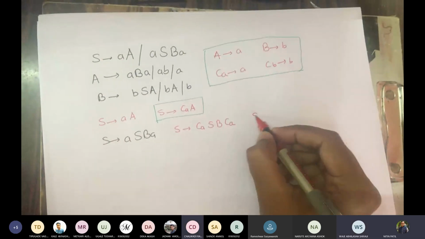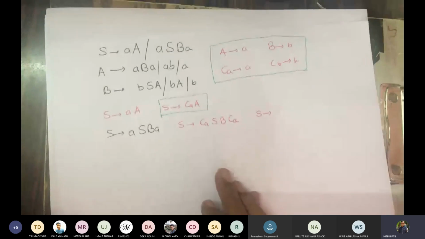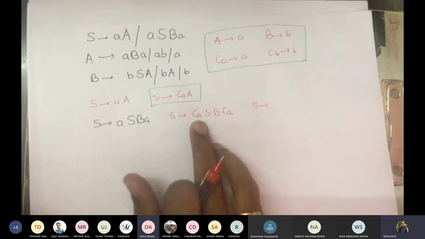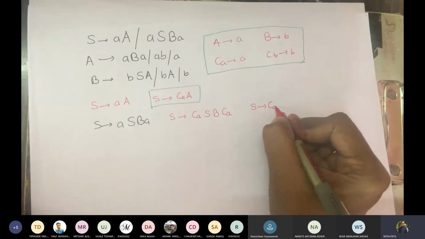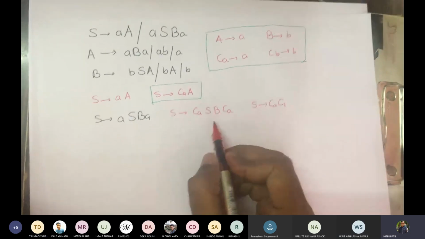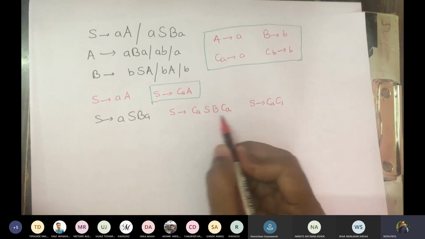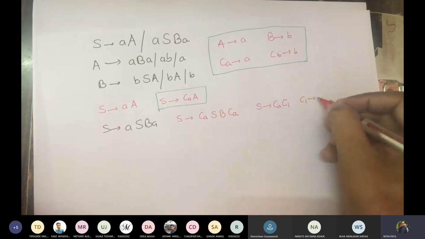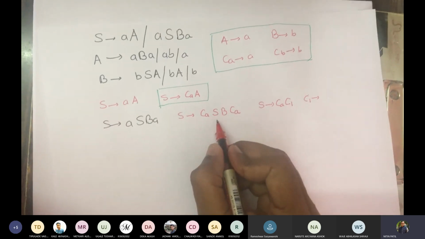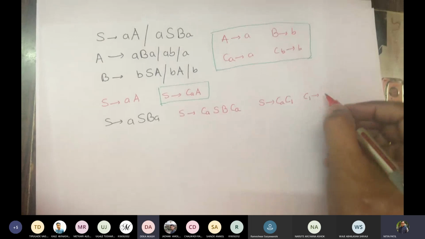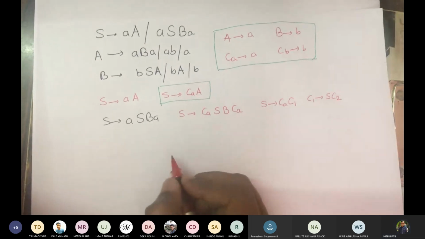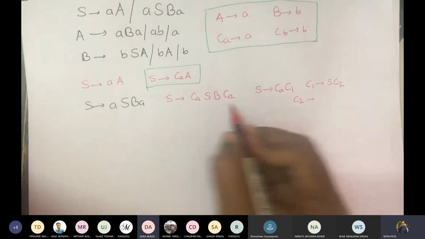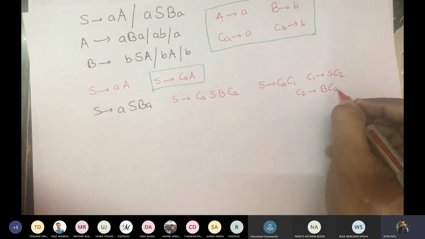Okay, let us move further. Which is the leftmost variable for S? CA. So we'll write CA as it is. We'll introduce C1. How many variables are remaining for C1? 1, 2, 3. Can we write them in CNF form? No. So C1 gives. Now, which is the leftmost variable from the remaining ones? S. So I will write S, and I will write C2. What is remaining for C2? BCA.